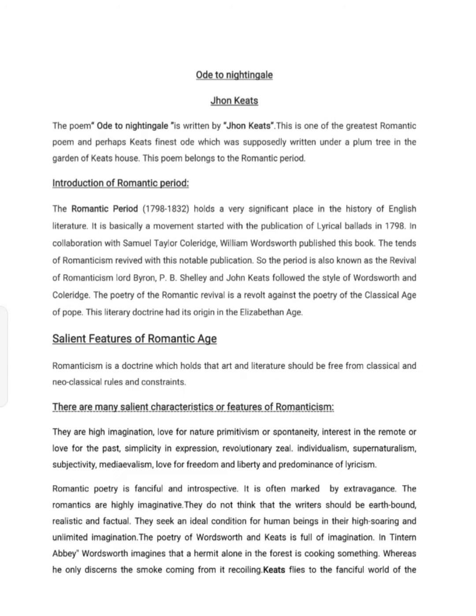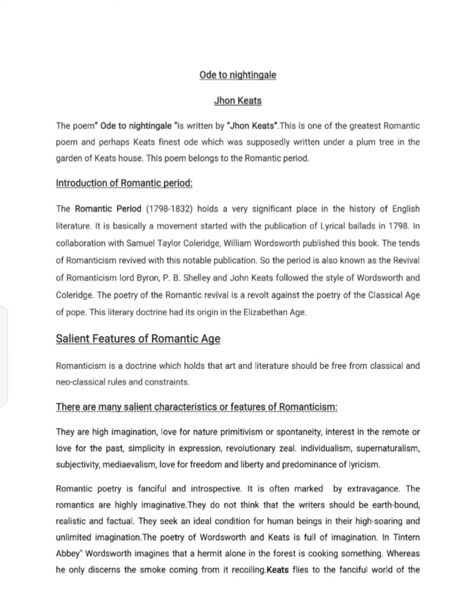First, let's start with the introduction of the poem. Basically, the poem Ode to a Nightingale is written by John Keats. This is one of the greatest romantic poems and perhaps Keats' finest ode, which was supposedly written under the plum tree in the garden of Keats' house. This poem belongs to the Romantic period. Basically, John Keats is an English Romantic poet, and he was prominent in the second generation with Byron and